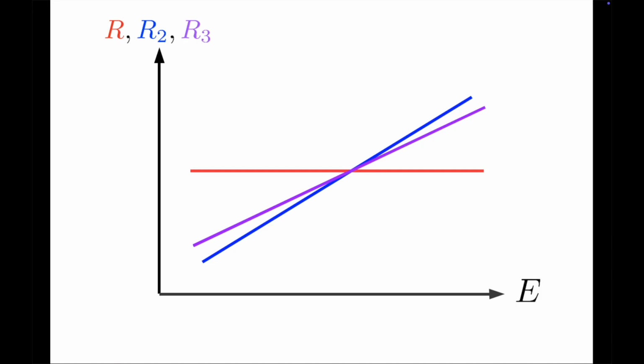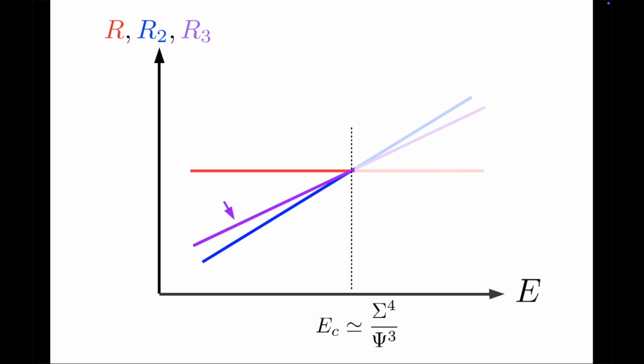If we plot the three lengths we've seen against the energy of the explosion, the radius of the planet is independent of this energy. The radius of the underground cavity grows with the cubic root of the energy, and the surface crater as the fourth root. The three scalings intersect at the critical energy built solely from the elastic modulus and weight density of the planet, a material property of that planet if you wish. Above this limit, the whole planet is blown to pieces. Below, for a given energy, the radius of the surface crater is always bigger than that of the cavity.